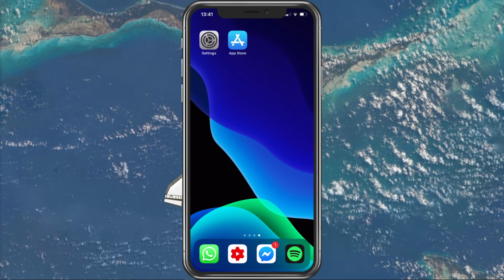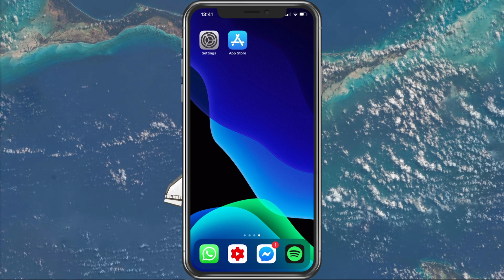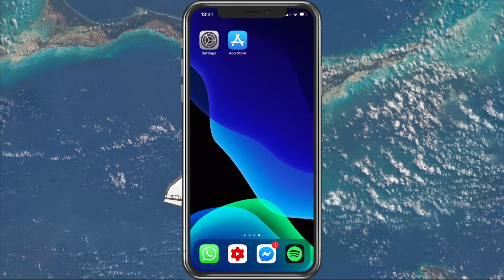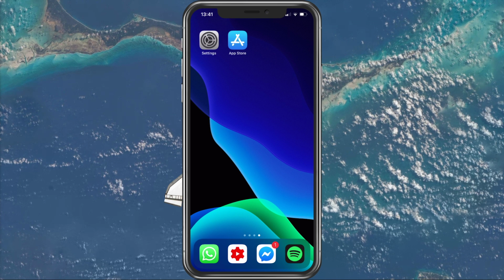What's up guys, in this short tutorial I will show you how to prevent your iOS device from crashing while using applications. This should be quite an easy tutorial, but if you still have any questions then leave a comment